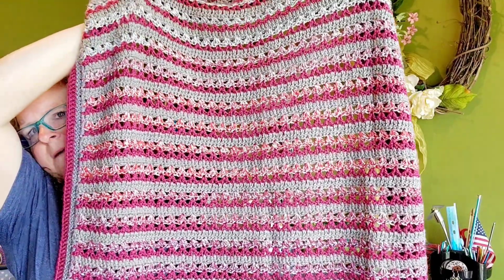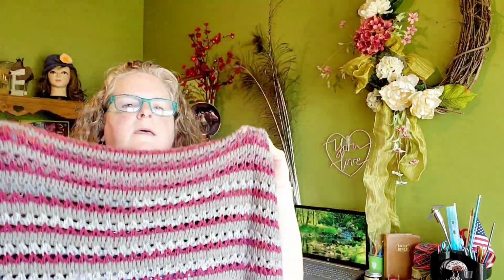I realized after I got a good ways into it that the goal was to use both cakes. I had two cakes, and this is the other one. This is Mandala Tweed Stripes, and the color is Shooting Star. This is the yarn here. So I wanted to use both cakes,